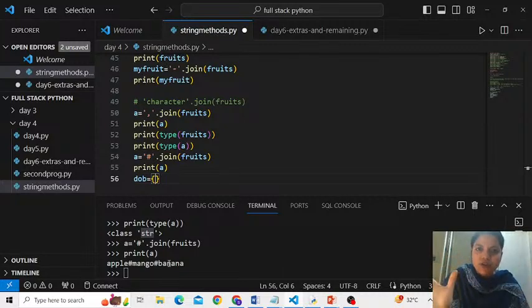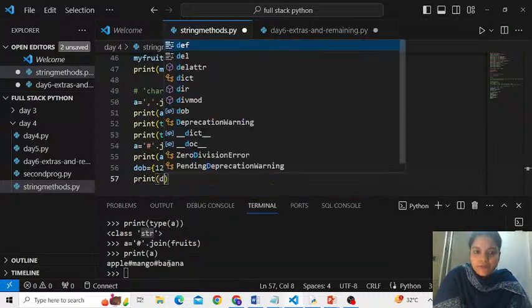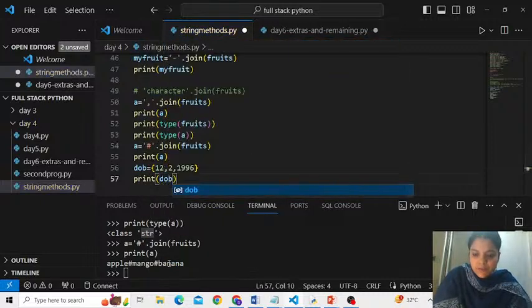It's a long story that can't be spoken in one line unless we know the theoretical concept of it. Say the birth date is 12 February 1996.